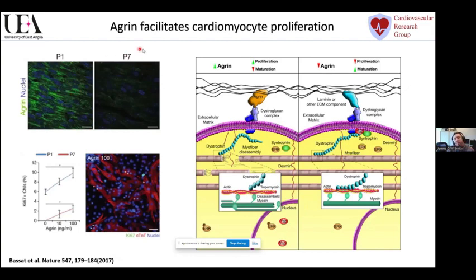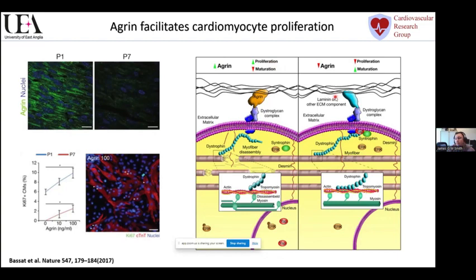And then as these switched postnatally to P7, the agrin expression was down-regulated. And they could visualize this as well with Ki67 positive cardiomyocytes. And again, they showed administering agrin could reactivate a level of proliferation in the cardiomyocytes. And the mechanism behind it was this proposed diagram here, where you have an extracellular matrix which is high in agrin. Agrin would bind the dystroglycan complex and allow a signaling cascade which would promote proliferation at the expense of